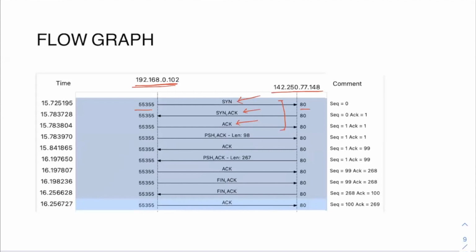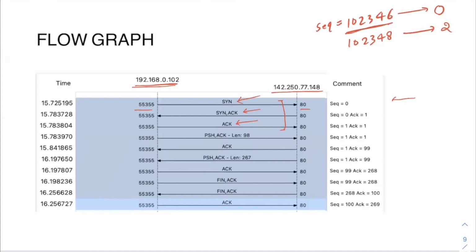But what Wireshark will do is display the relative sequence number. What this relative sequence number means is, let's say the initial client sequence number generated on the client side was some random number, something like this. Wireshark will relate this sequence number to 0. And let's say the next sequence number is 102348, now this will become 2 for Wireshark. So it's working on relative sequence numbers, and it's just for easy understanding for us. Instead of having this big number, Wireshark converts it to a relative sequence number starting from 0, and then it becomes easy for any user to understand the whole flow.